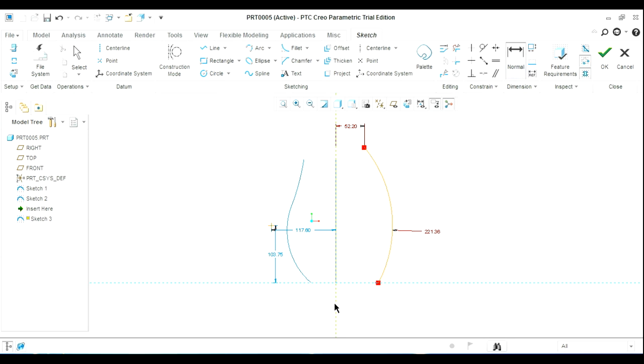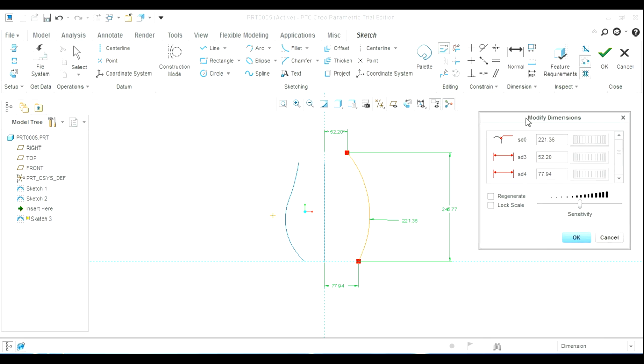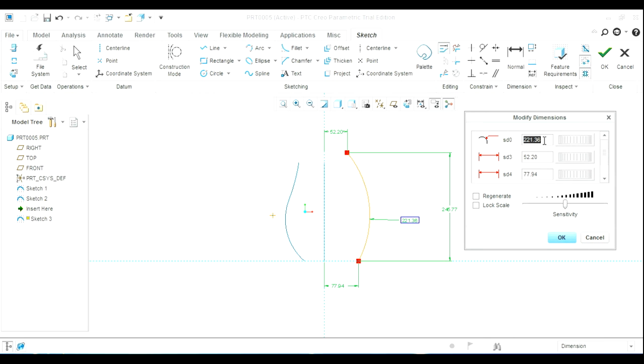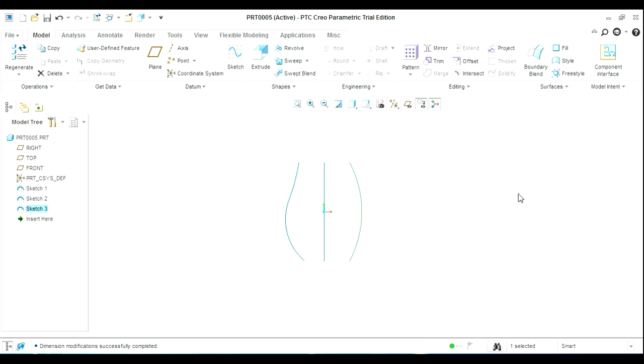Place the required dimensions using the dimension tool. Select all the dimensions and modify them using the modify dimensions, regenerate option off. Press the OK button to accept the second guide curve.